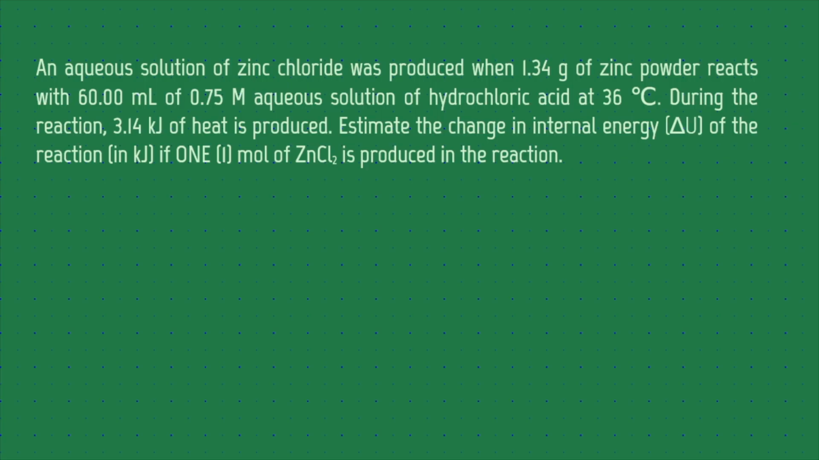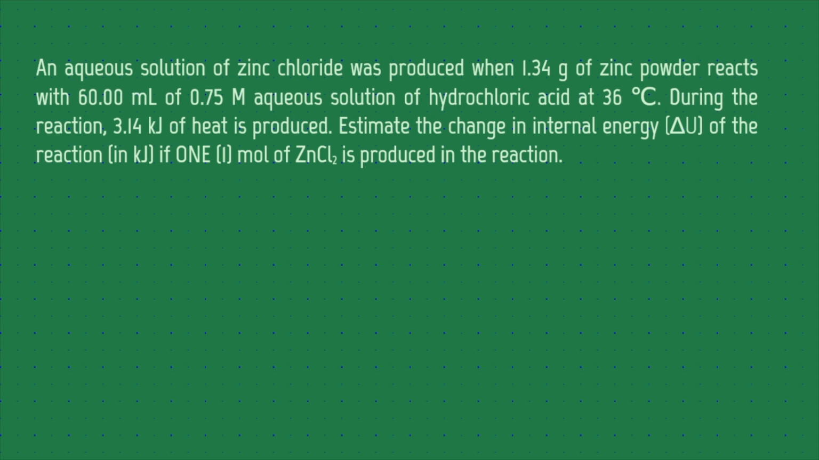Question number 1. An aqueous solution of zinc chloride was produced when 1.34 gram of zinc powder reacts with 60 ml of 0.75 molar aqueous solution of hydrochloric acid at 36 degrees Celsius. During the reaction, 3.14 kilojoule of heat is produced. Estimate the change in internal energy of the reaction in kilojoule if 1 mole of zinc chloride is produced in